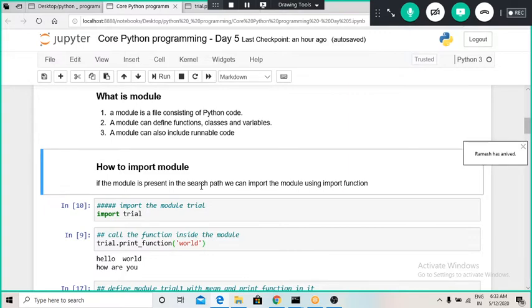We have to make sure first that the library is installed, and then we can import it using the import statement, import and then the module name, or the Python file name. Here I have defined my module with the Python file name trial, so I am importing this trial. Also, if I want to import a library, I can use the same import statement.